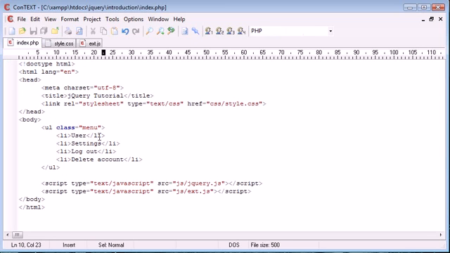Now what we could go ahead and do is we could use nextAll, and this takes into account everything after the element